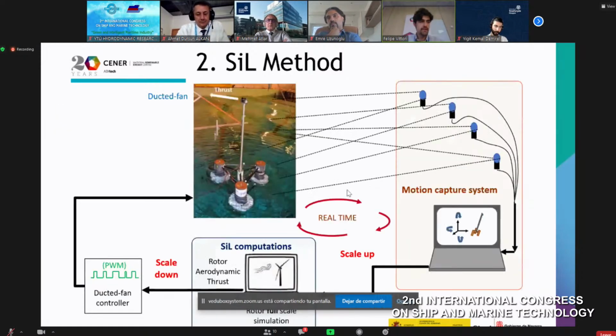So I'm going to show how the SEAL works. Here we have a tank test facility with a scale floater, and we capture its motion through our system. Then we scale up this motion, and we calculate the total aerodynamic thrust produced by the wind turbine, considering this motion. Then we scale down this force, and through the ducted fan controller, we feed the force actuator and produce the required thrust. All this is done in real time. So as you can see here, the wind turbine response is coupled with the motion of the floater, as it is in the